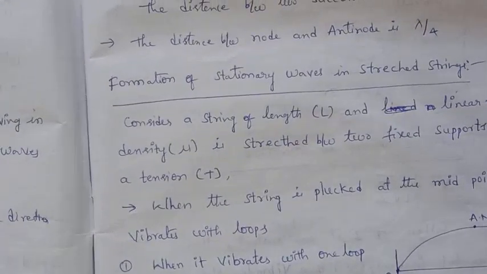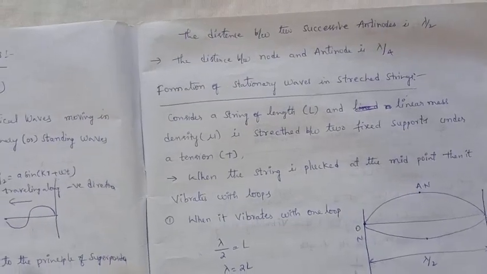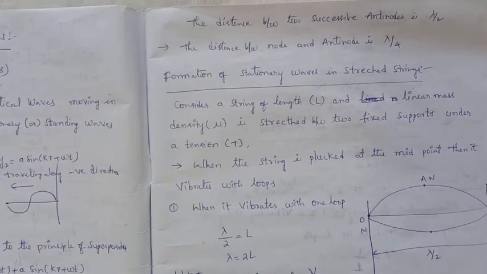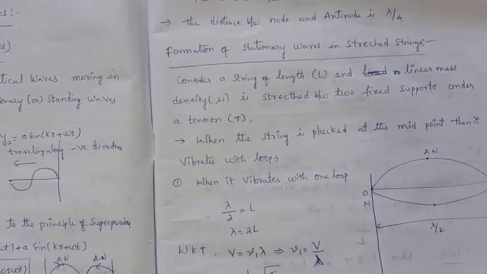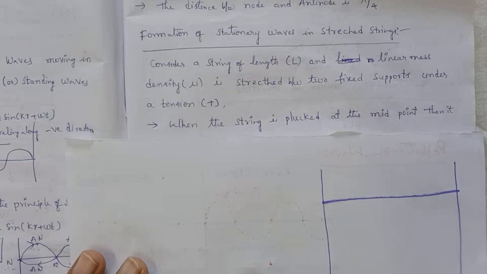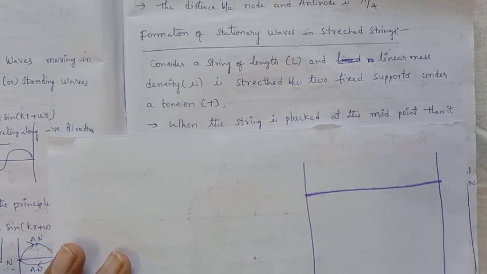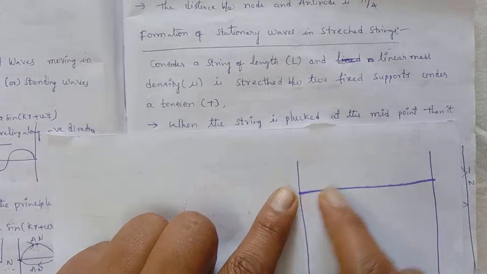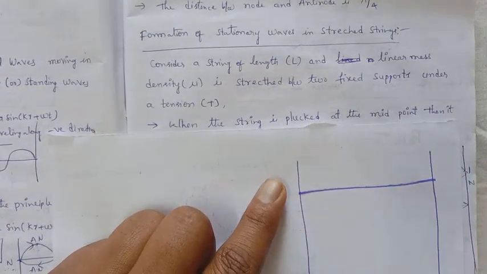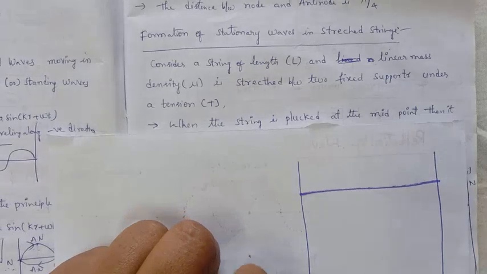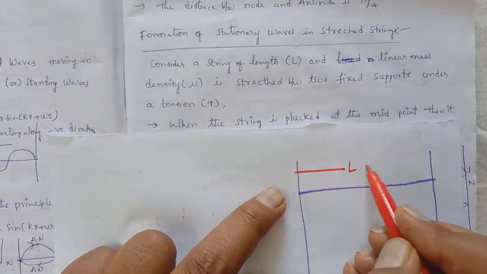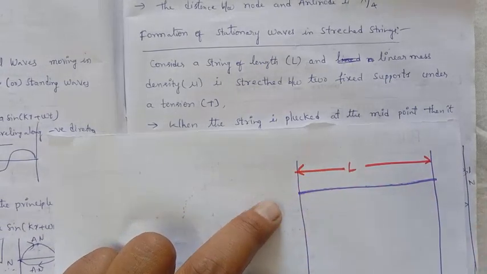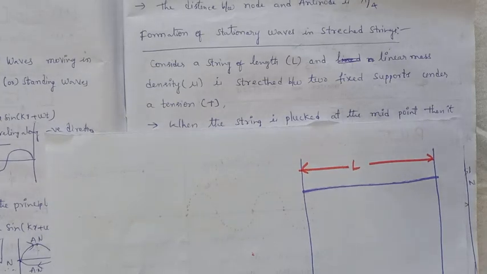formation of stationary waves in a structured string. First of all, you have to consider a string. This is the string. This string is fixed between two rigid supports, and the length from here to here is taken as L. So if this length is fixed and it is plucked, then it will